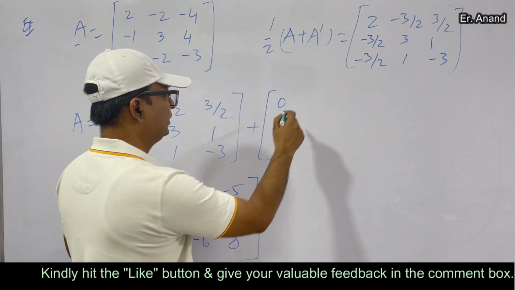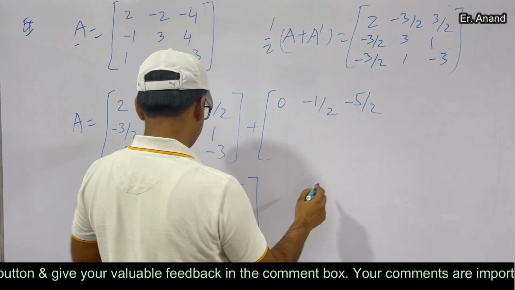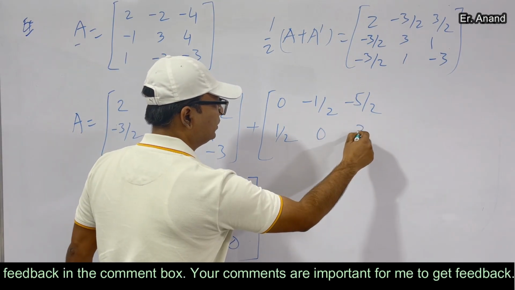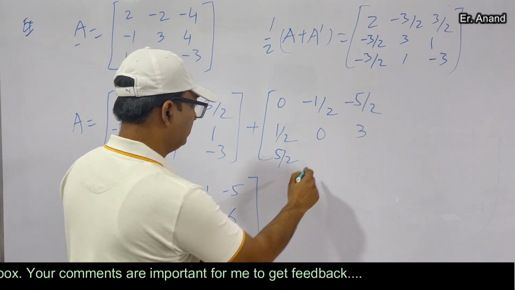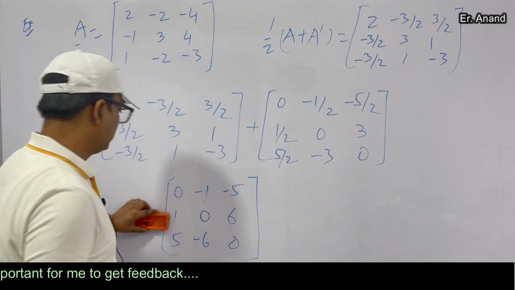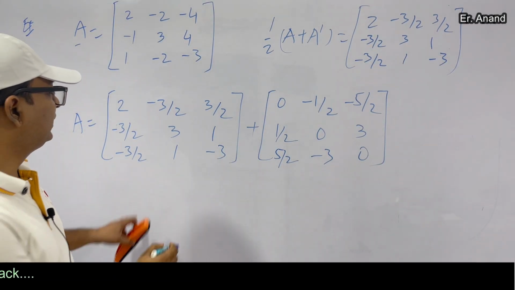This is 0, minus 1 by 2, minus 5 by 2; 1 by 2, 0, 3; 5 by 2, minus 3, 0. So now the matrix A has been expressed as a sum of a symmetric matrix